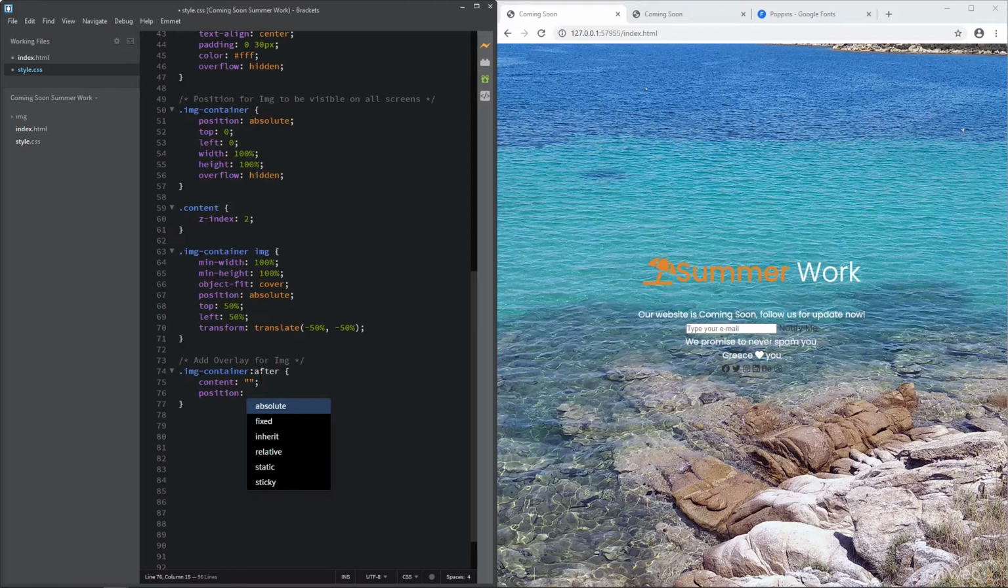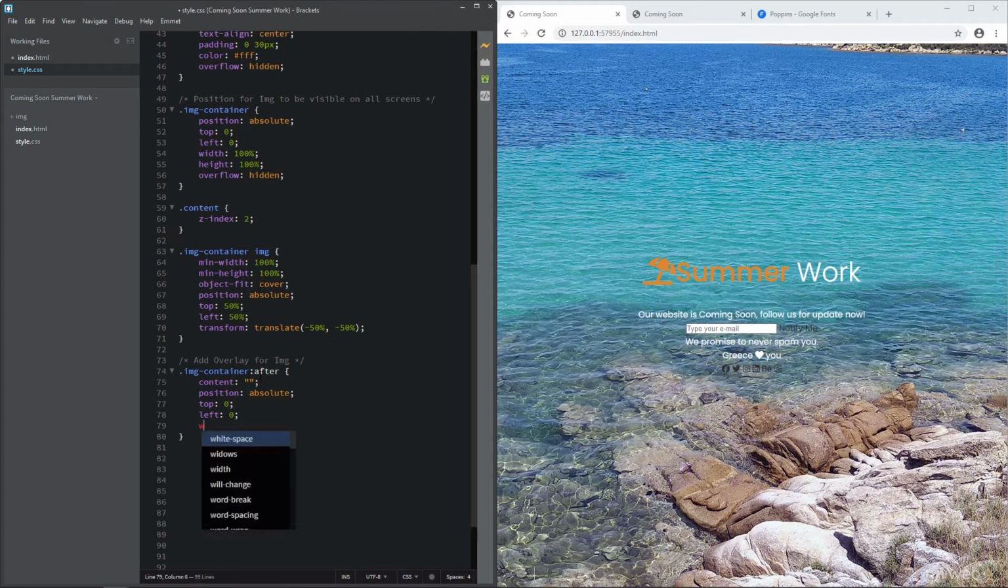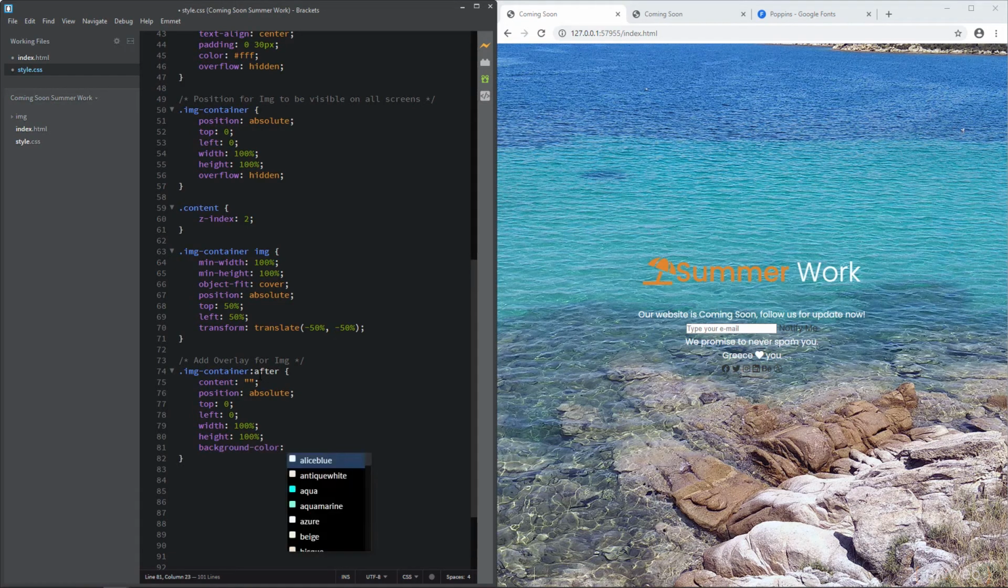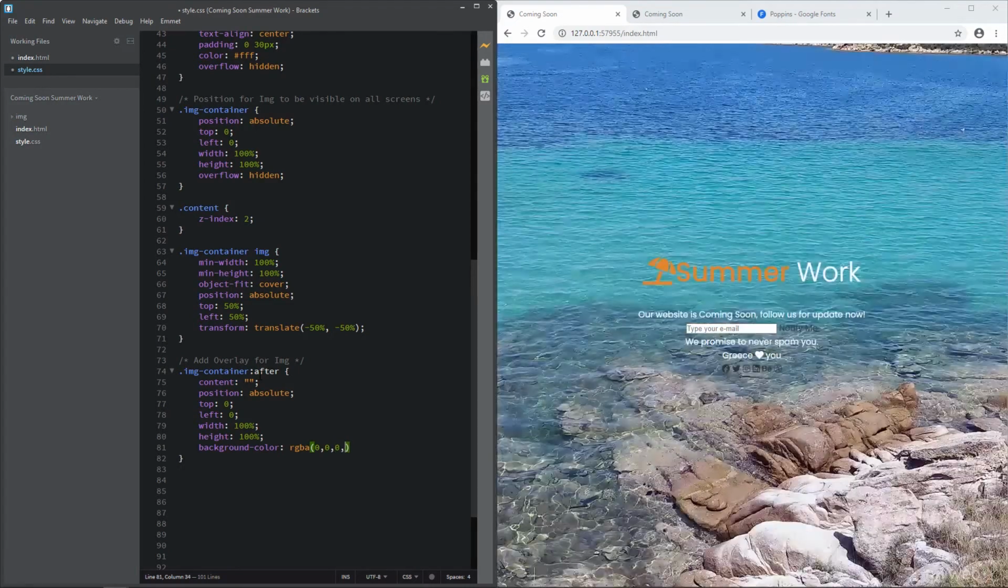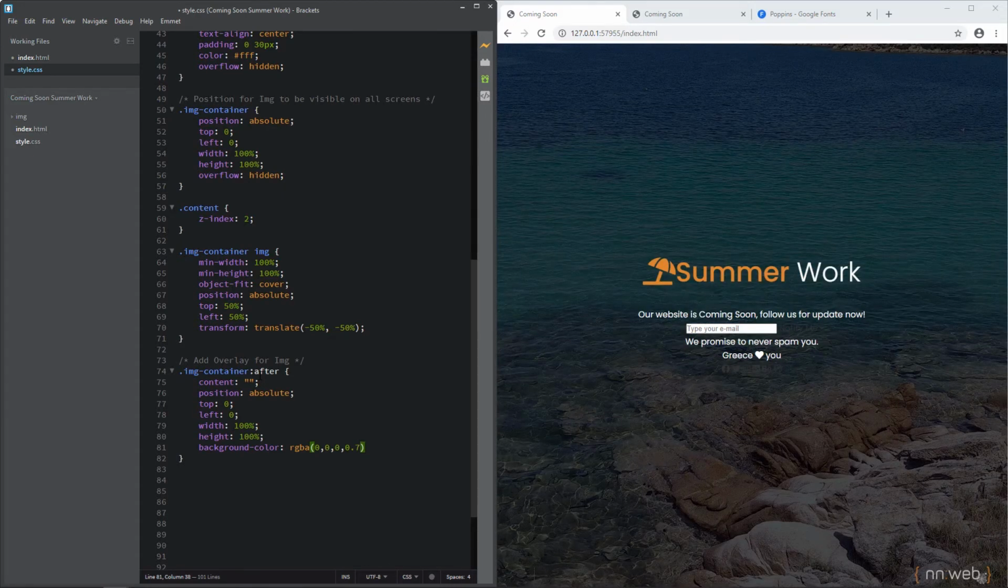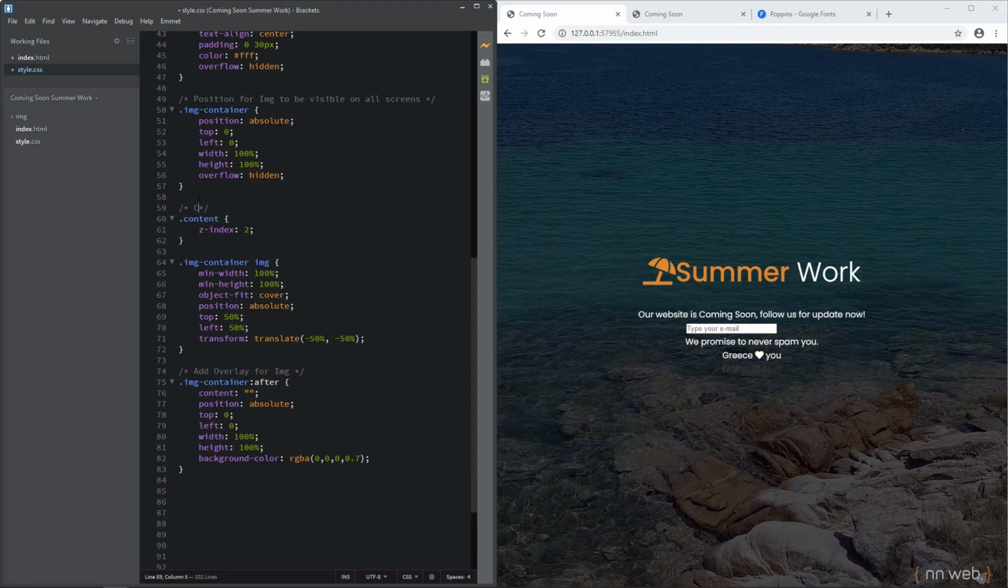Let's add position to be absolute, top 0, left 0, width 100% and height 100%, and background color, this is RGBA 0.7, and now ta-da, this is our overlay. Let's add our comment here. This is content visibility,